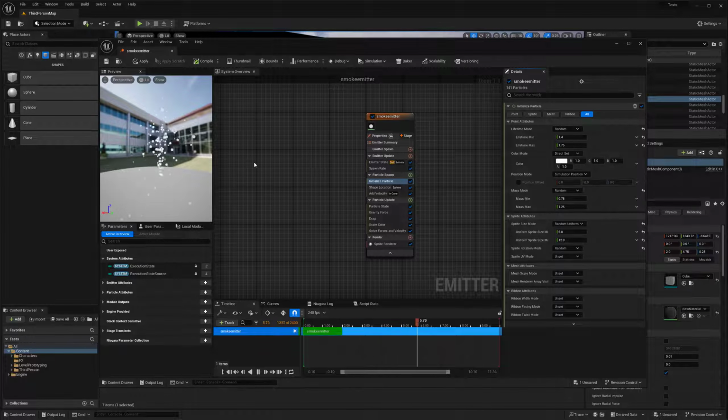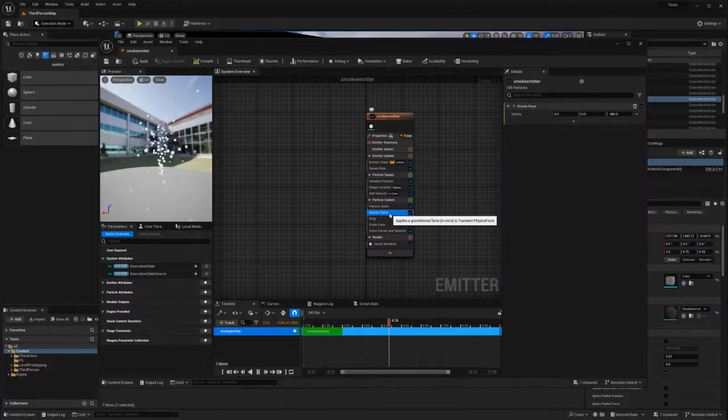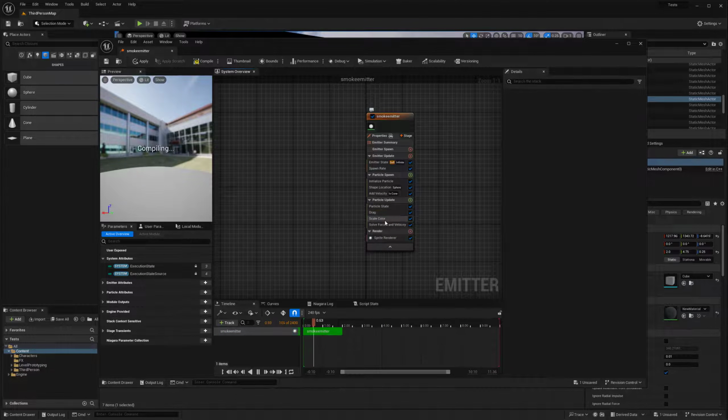And so we probably need to slow it down a little bit and then kind of work from there. So first thing I'm going to do is go ahead and get rid of that gravity force. So I can check it off, and just to make sure that that is the correct thing, which it is. So I'm just going to actually delete it, so it's no longer in there. Now we have our particle just shooting up, starting to look at least in the same direction as